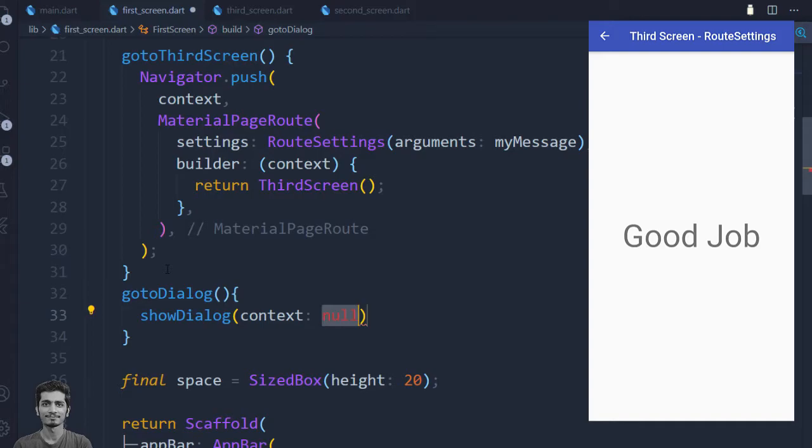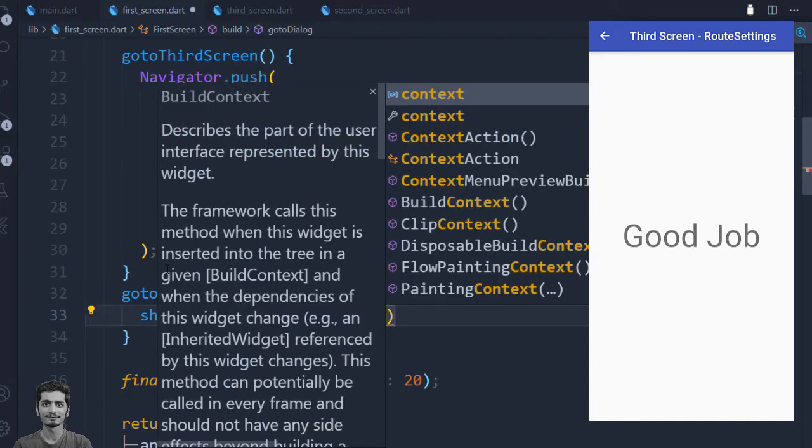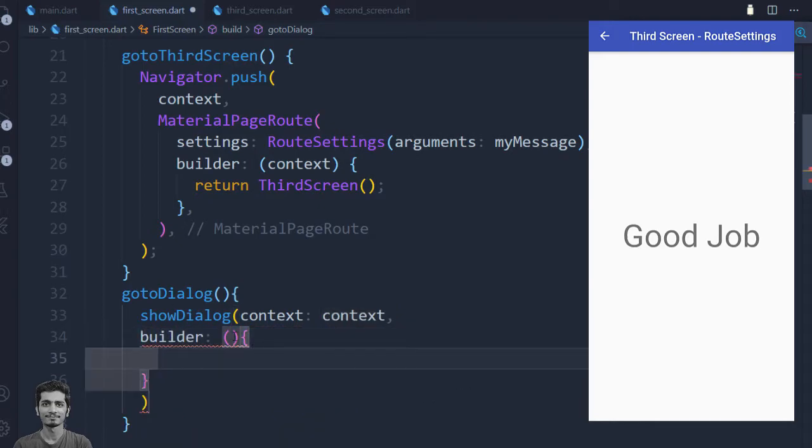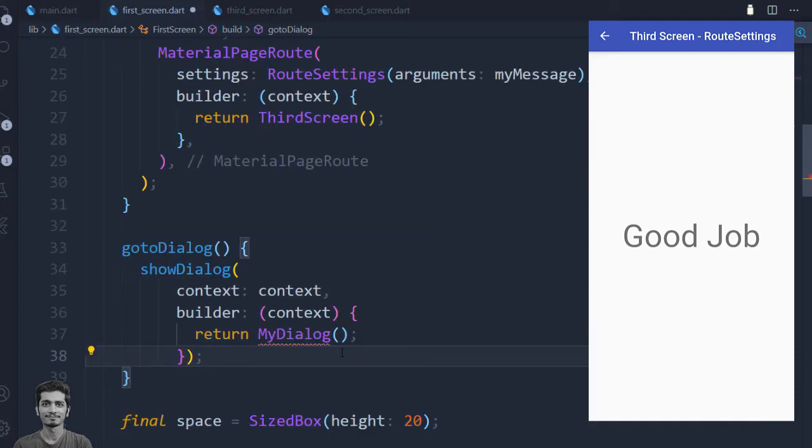We pass the context and also the builder method, which takes context as an argument. And then we return the MyDialog, which is a custom widget that we create on our own.